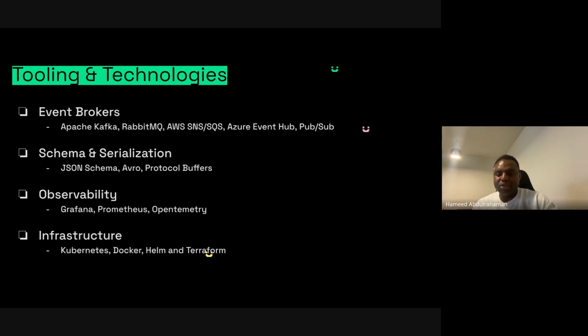So based on that information, you would decide what kind of event or schema type you want to use for your event. Then we have observability, which runs alongside your tracing and metrics of your system. You can use Grafana, Prometheus, or OpenTelemetry. There are various observability tools that help you debug the system, check for errors, and check for problem-prone things that you need to know about your system.